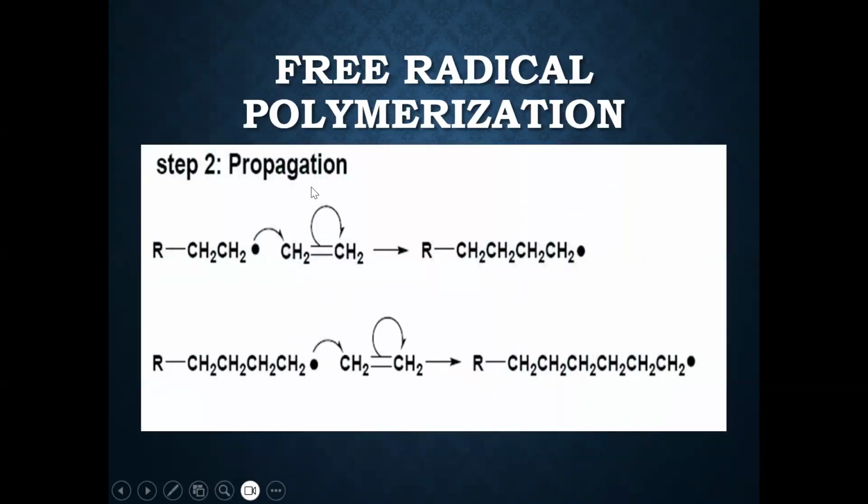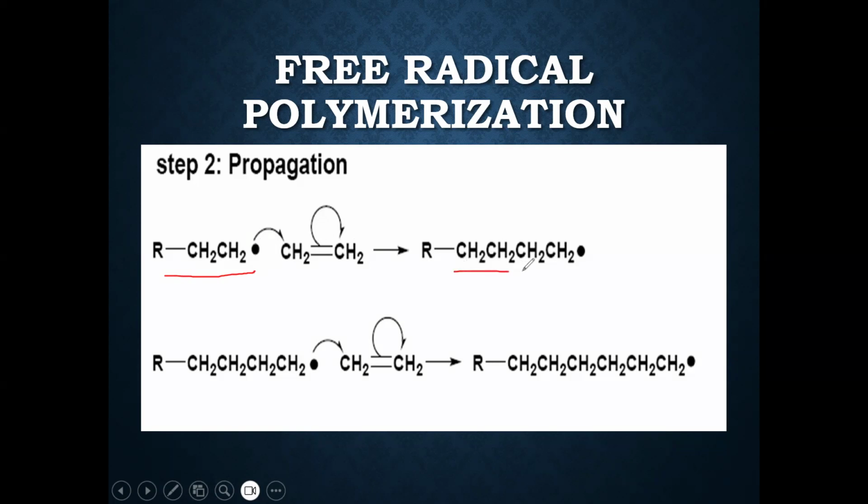Step two, the propagation or the growth of the chain. As mentioned, propagation is the step where the chain is increased in length, which means more monomers are added to the chain in a series of additions. This series of additions is induced by the free radical. So the free radical that we have from the initiation step is active now and will interact with another monomer,